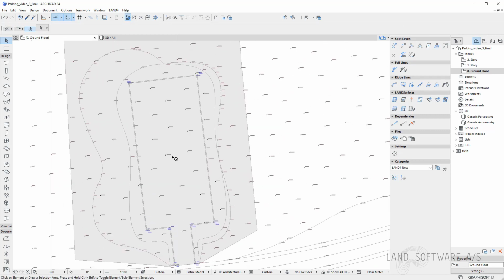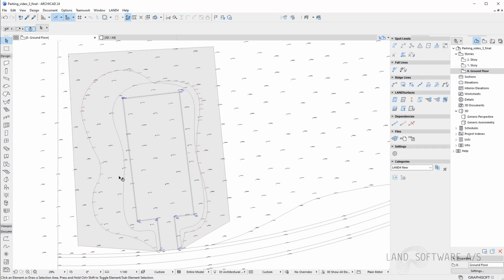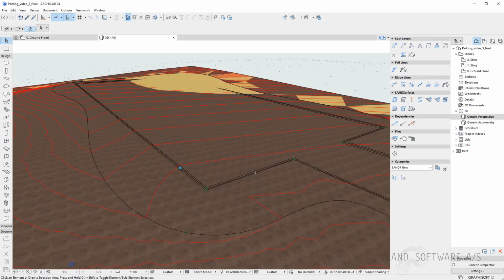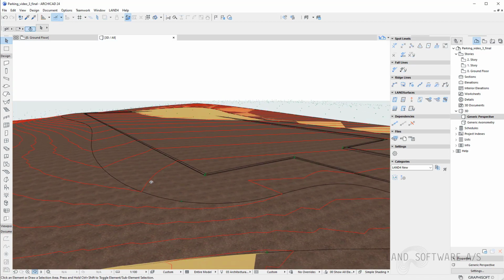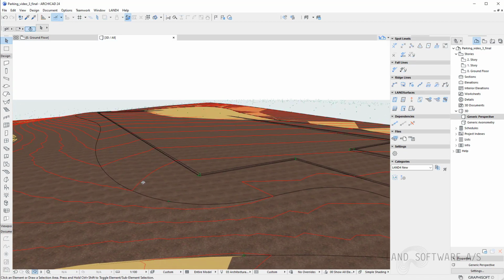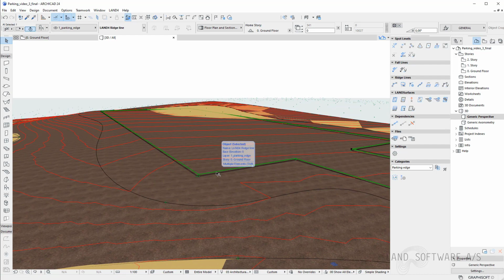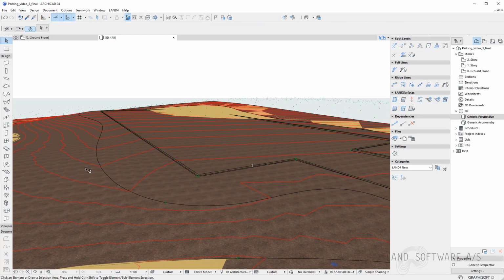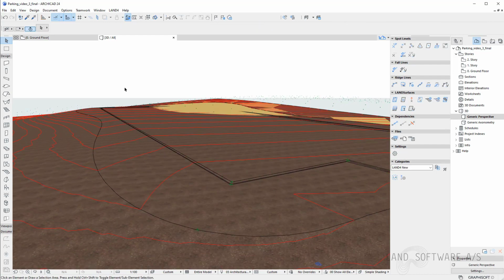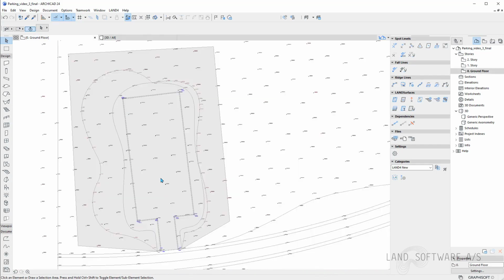So once I'm done constructing the new terrain with the new ridge lines I have created, I can take a look in the 3D. Here we can see how the new terrain is meeting the constructed surfaces. And I still have the ridge lines here. I haven't constructed the parking surface yet and the pavement, but I will do that after I'm done with volumetrics.